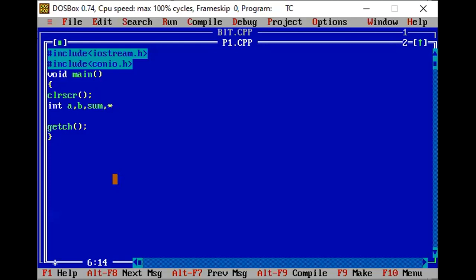Firstly, let's define here 2 pointer variables, star P1 and star P2. These are 2 pointer variables. These are your A, B, and sum, your general variables, and P1 and P2 are your pointer variables. Let P1 hold the address of your A variable and P2 hold the address of your B variable. Then in the sum, let's give the value first. Enter the